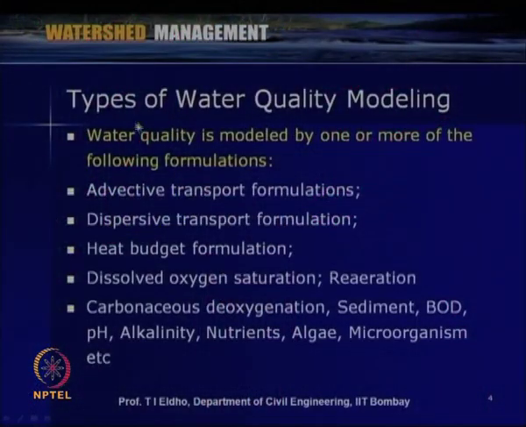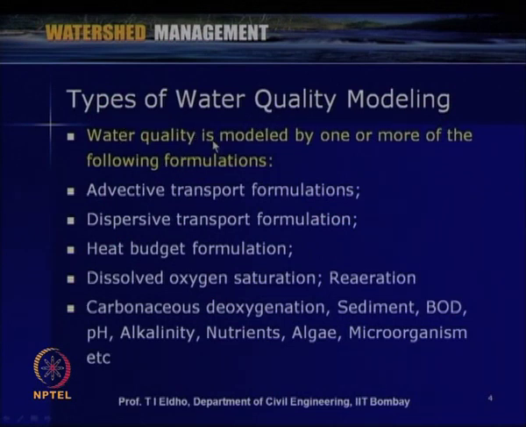So, it can be, say, nutrient models, or the algae movements, or the TDS within the surface water or groundwater. Like that, we can consider a particular type of parameter and its behavior and its transport or its movement within the aquatic environment, either in surface water or the groundwater. So, within this perspective, when we talk about water quality modeling, we can have different types of water quality